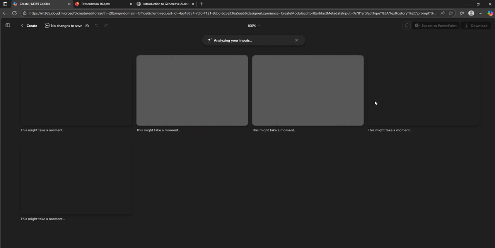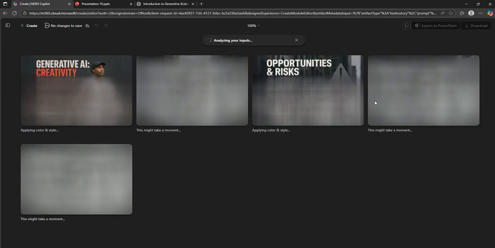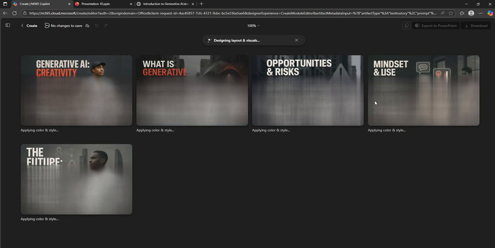So let's see how it comes. It's starting to show. And let's see how far we can go with that. So it's only 5. I guess they don't want you to use too much compute here. So only 5 images are generated. But you can add more, one by one. It's not the perfect experience, but